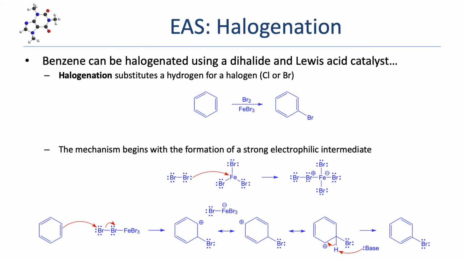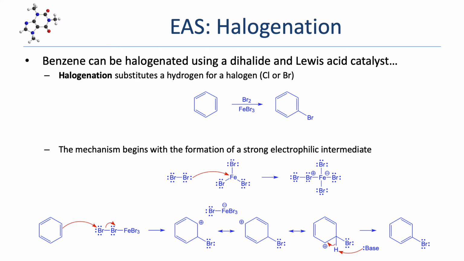So next, we're going to explore the 5 most common EAS reactions, starting off with halogenation. The EAS halogenation substitutes a hydrogen on the benzene ring for a halogen, typically chlorine or bromine. As you can see in the example, the reaction requires a molecule of dihalide and a Lewis acid catalyst, typically iron bromide or iron chloride. As you'll see, all of these EAS reactions begin with the formation of a powerful electrophile prior to the actual